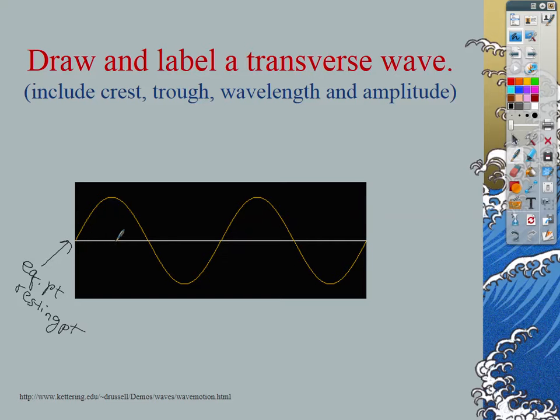When we measure the amplitude, we're measuring from the equilibrium point up to the crest, or from the equilibrium point down to the trough. The waves we do will essentially stay the same size for the most part. It's again simple harmonic motion. We're not going to lose or gain any energy, at least initially. The biggest mistake some people make with amplitude is measuring from crest all the way down to trough. That is incorrect. That is not amplitude. It's only halfway between those two points.